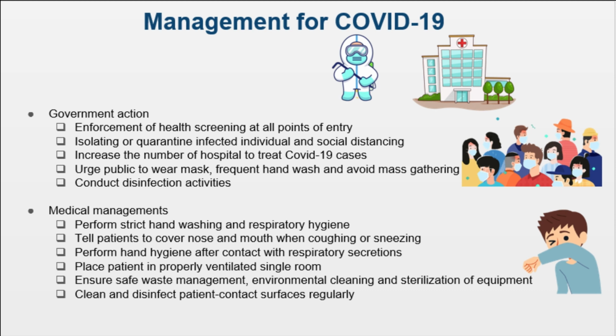As for the management of COVID-19, the government also plays a big role where they need to enforce health screening at all points of entry. Plus, isolating or quarantining infected individuals and social distancing are important to stop the spread of the virus. Apart from that, they need to increase the number of hospitals to treat COVID-19 cases. They also need to urge the public to wear masks, wash hands frequently, and avoid mass gatherings, other than conduct disinfection